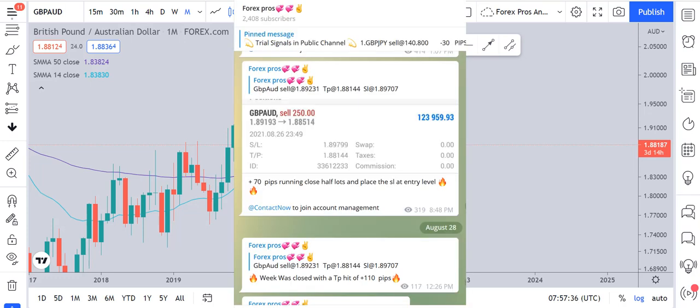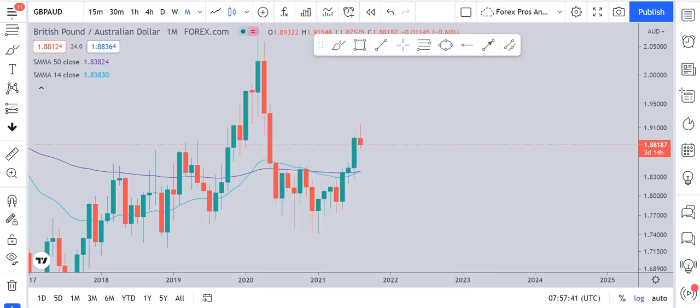As we know, we do multi-time frame analysis starting from the monthly, weekly and daily time frames. We get the direction of the market. So when we have the bigger picture of where the market is about to move, then we get our entry points on the 4-hour chart.